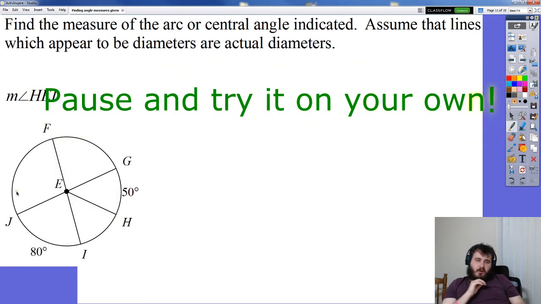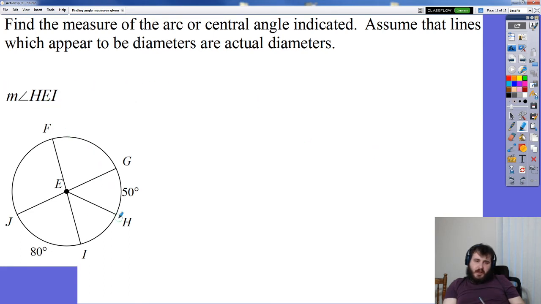Okay. Another same idea. Give it a try. See if you can get it. Look at what we're looking for. We're looking for angle HEI. So let's figure it out. HEI. We're looking for this missing piece. Well, once again, look at what we have here. We've got this